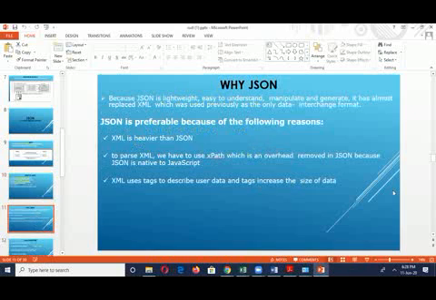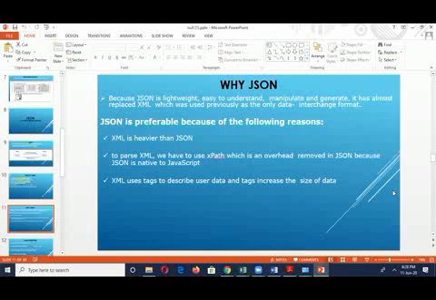Why JSON? Because JSON is lightweight, easy to understand, manipulate and generate. It has almost replaced XML, which was previously the only data interchange format. JSON is preferable for the following reasons.